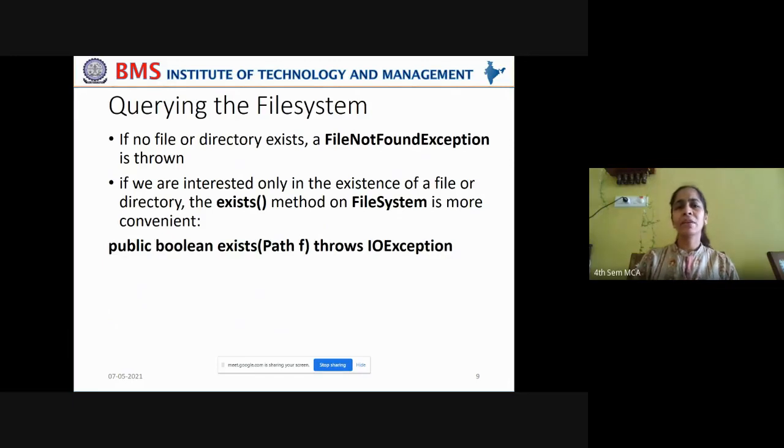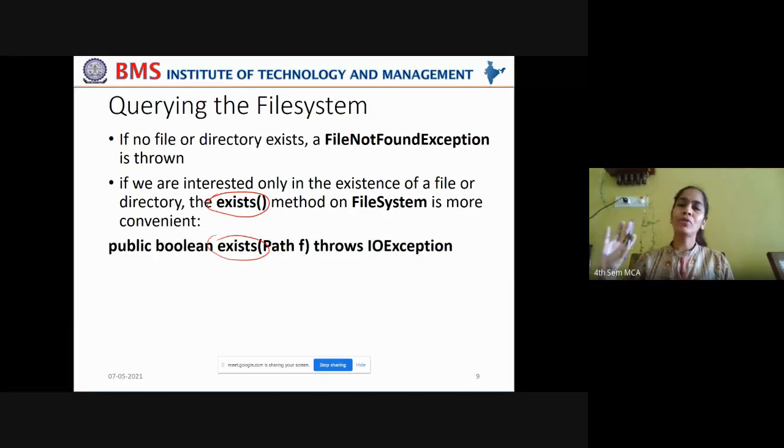That is correct. If the file doesn't exist or if the directory doesn't exist, it will throw file not found exception. But if you are interested only in the existence of a file or directory, then the exists method can be used. You don't want any metadata. You just want to know whether the file or directory exists. In such cases, you can use the exists method on file system, which is more convenient, right?